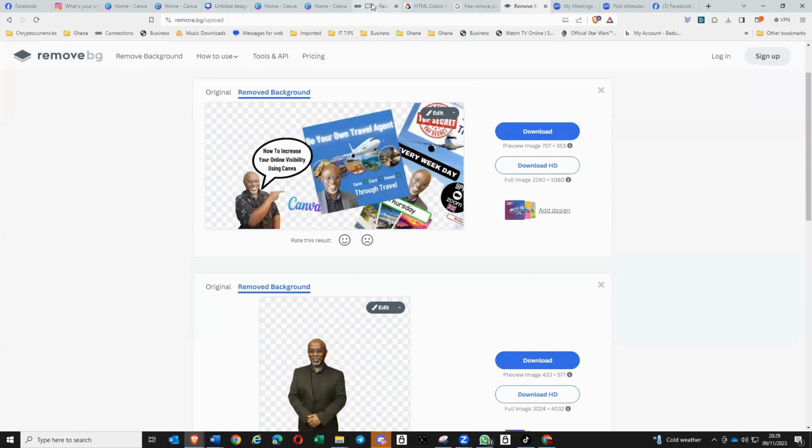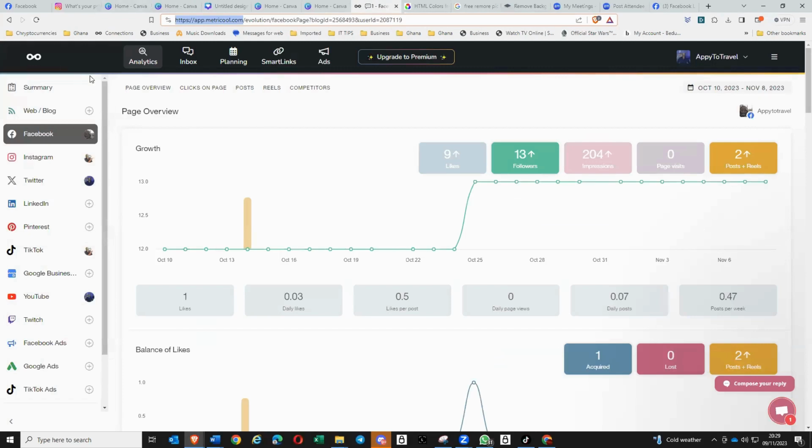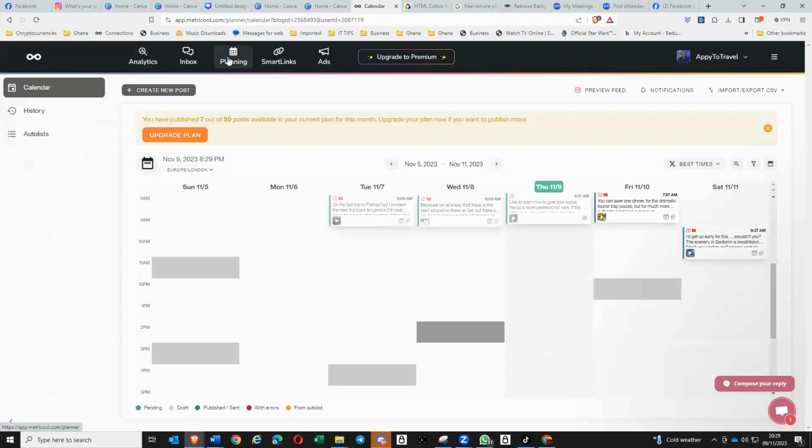So let's say that I finished everything. What I love about this software here, this is Metricool. The free version lets you automate the posting of up to 50 posts in a month. That's free. If you do more than 50, then you have to pay for it. But if you're someone that only does one or just over one a day, you're still in the free package. So the way that it works, if I click on create new post,